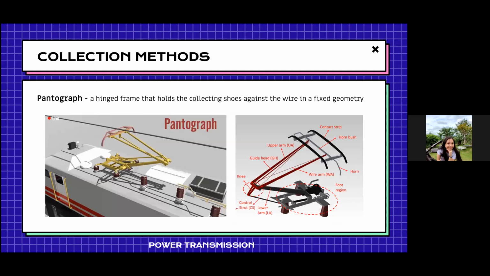The third collection method naman is the pantograph, a hinge frame that holds the collecting shoe against the wire in a fixed geometry. These three collection methods, the trolley pole, bow collector, and pantograph, all make use of the overhead line. Ang pinagkakaiba lang nilang tatlo are the components that touch the contact wire to collect power and transmit it